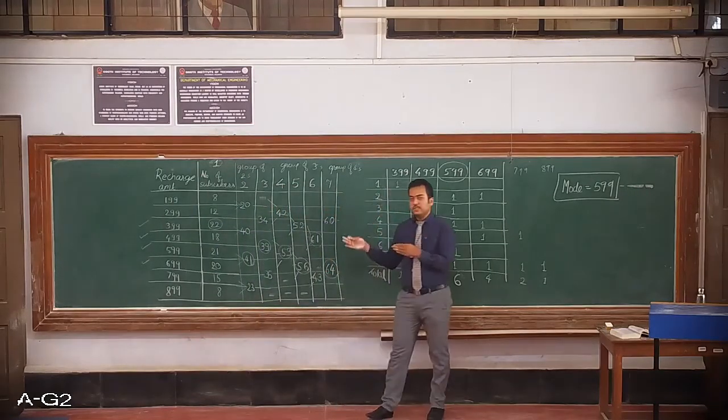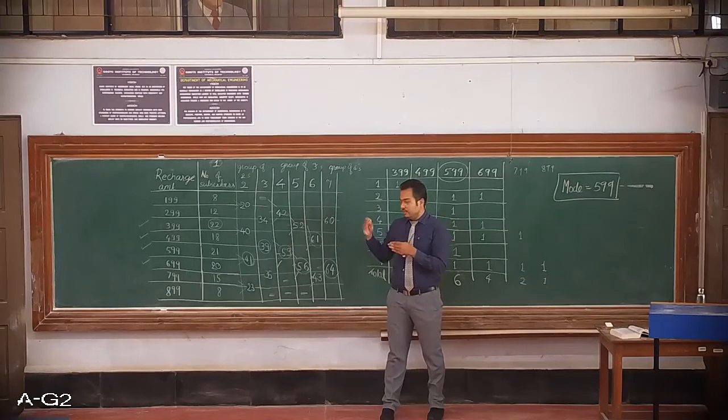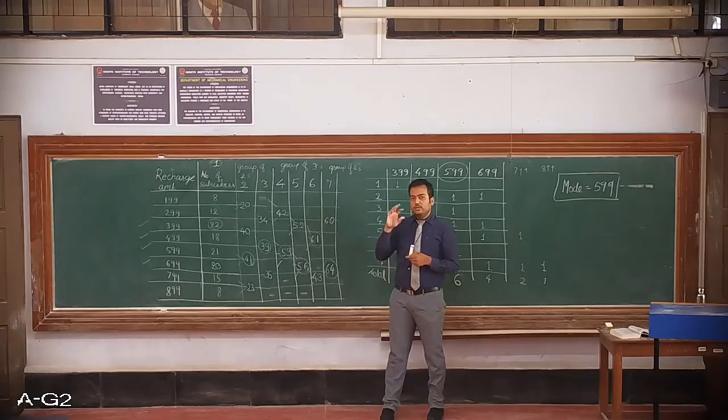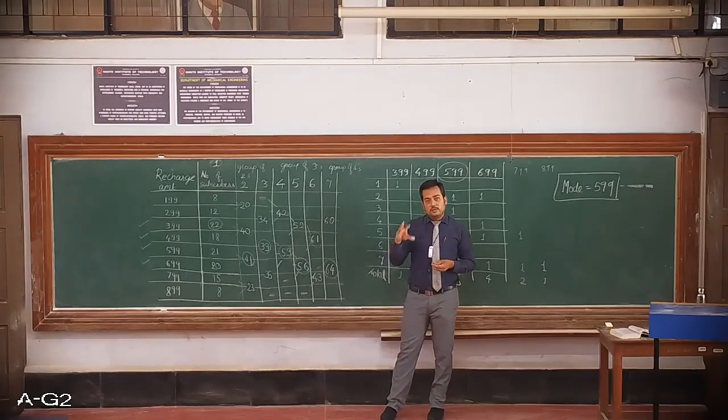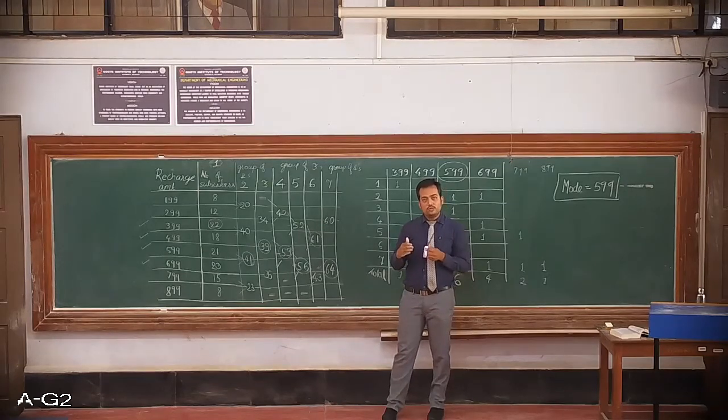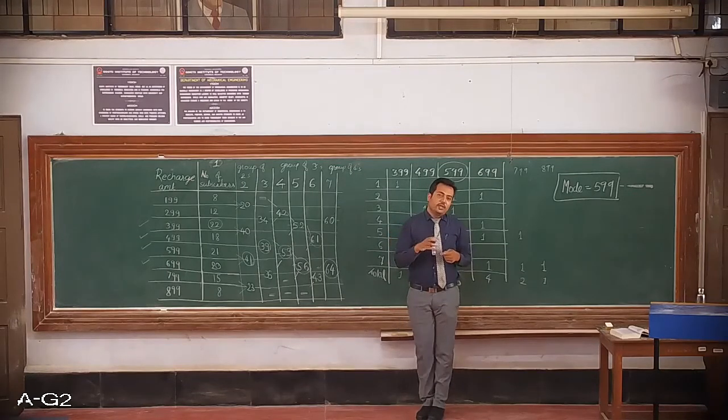There is one such example in the textbook as well. You can try to solve it on your own. There also you can see the maximum frequency is given to one element, but the element with third highest frequency is the modal value. It is not only because of the highest frequency, it is also because of the elements around it, how thickly the elements are dense around one particular value which also has a higher frequency. That will give you the mode value.